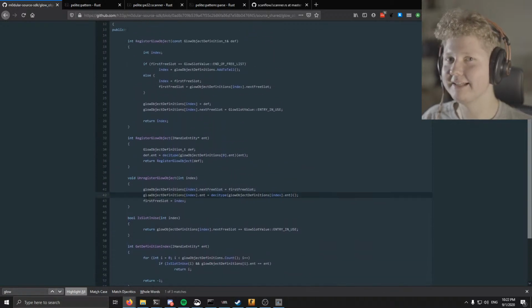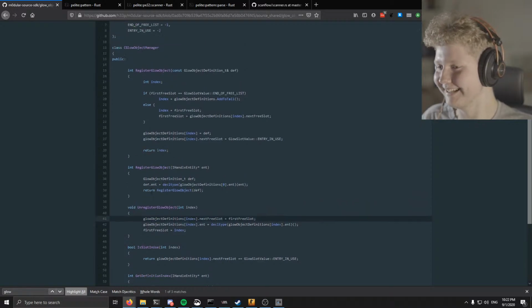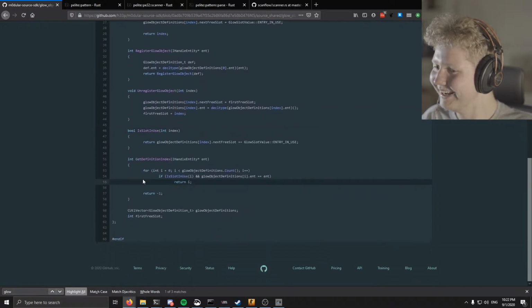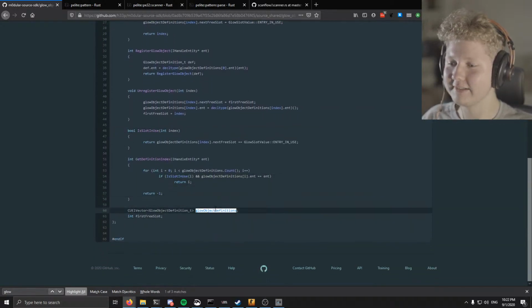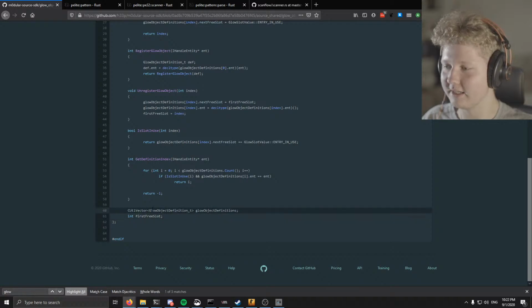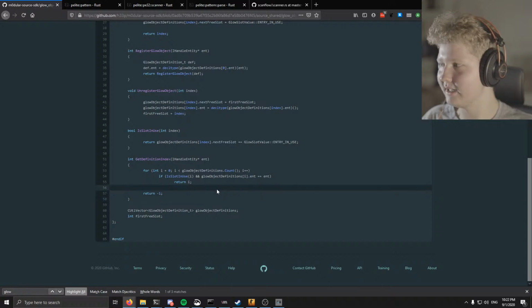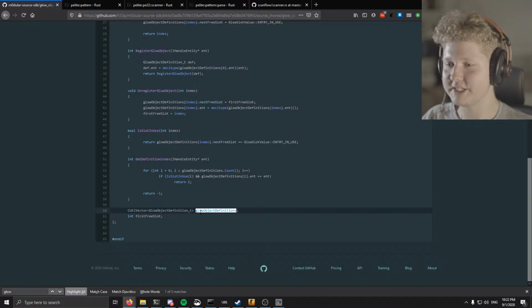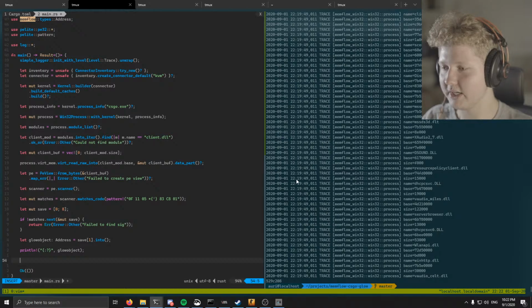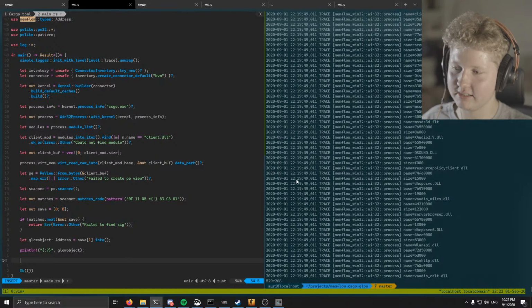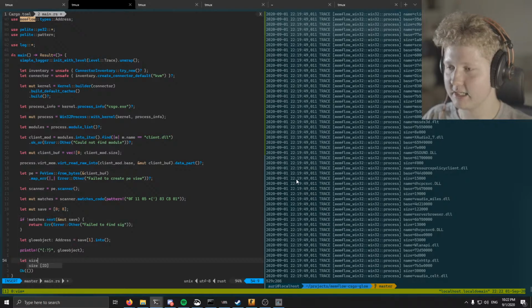Guys, I'm definitely not being spoon-fed on the right. Alright, so yeah, util vector, glow object definitions. And we just read the vector. Oh yes, the util vector. And what we'll try to do is read it. It will be let size